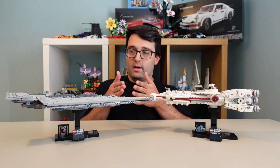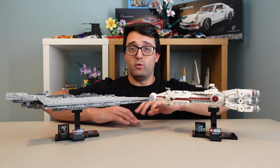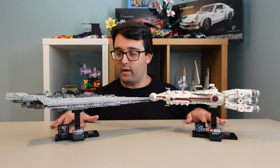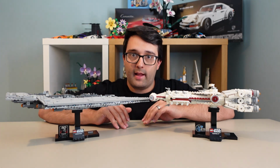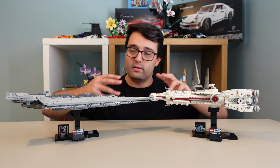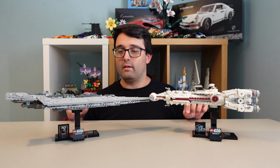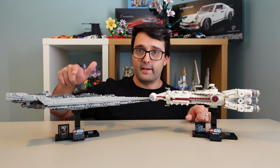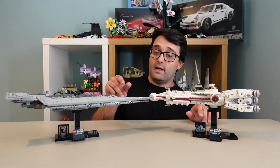Obviously the Executor is much longer, just because the design of it within the movie was a fairly long ship. Now for those of you who are curious and are not aware, this is obviously not the same scale as they are within the movie or within the universe of Star Wars. The size of the Tantive would probably be, I would say, maybe like the size of one of these studs on the Executor if we were to actually shrink it to the correct size, since a Star Destroyer is fairly